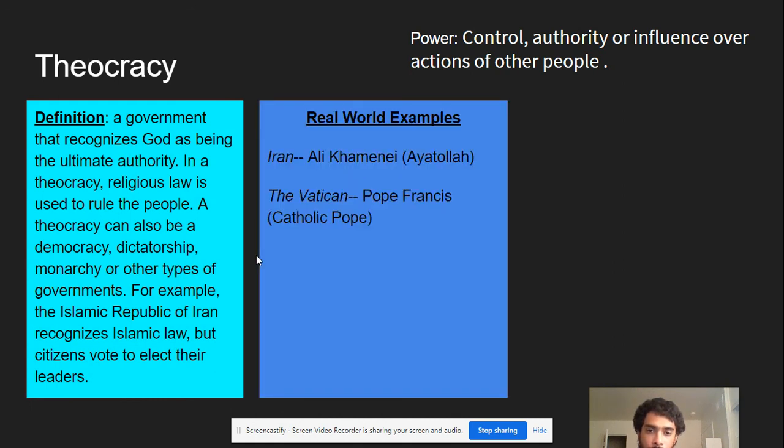So, some real world examples are Iran. Ali Khamenei is the Ayatollah. Okay. In the Vatican,